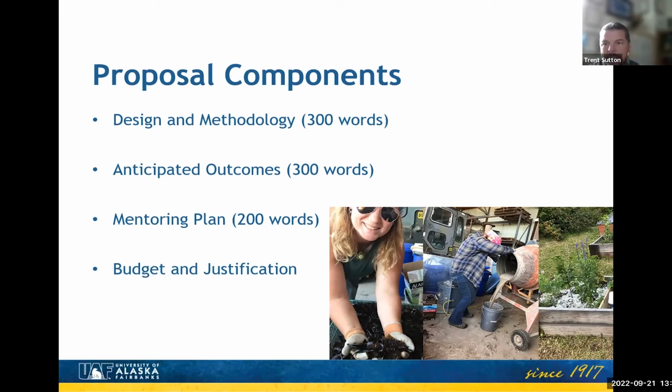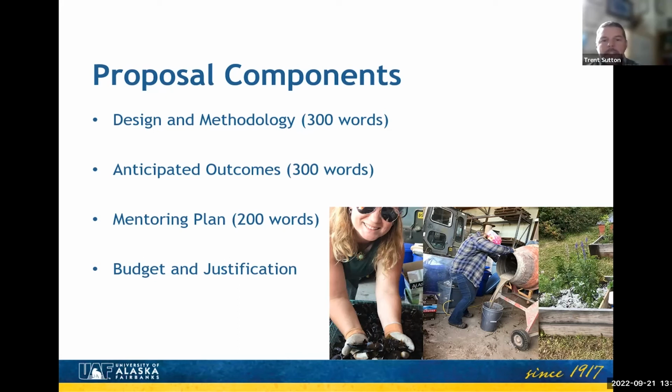We don't want that level of detail, but we do want a summarization of what it is you're going to do. So we can look and say, okay, here's the project the student wants to conduct, here are their goals and objectives, and here's how they're going to accomplish those goals and objectives. So provide as much detail as you can, again, within that 300-word context, and be specific about what it is you're trying to accomplish for your project.